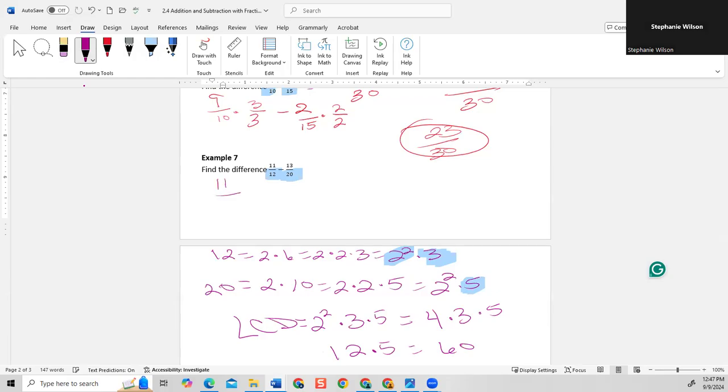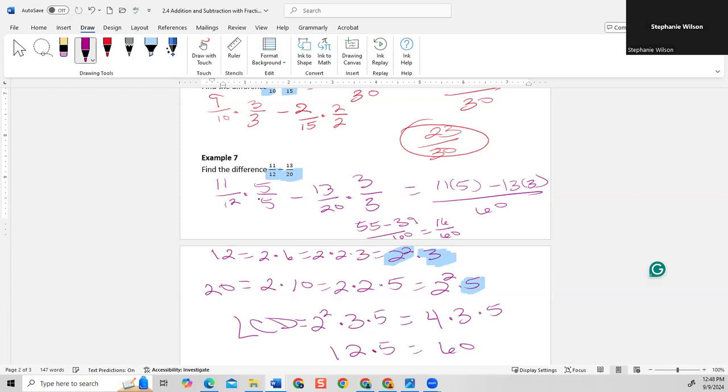So I got 11/12 times what? Well, we just found out it's 5. Minus 13/20 times what? Well, 20 goes into 60 3 times. So now I got 11 times 5 minus 13 times 3, all over 60. So I got 55 minus 39 divided by 60. And now we got 55 minus 39 is 16